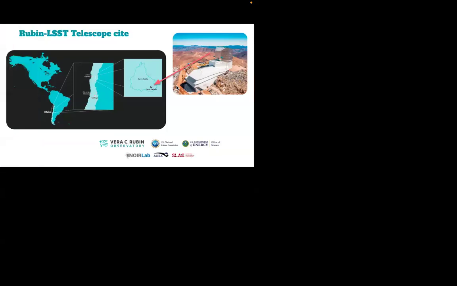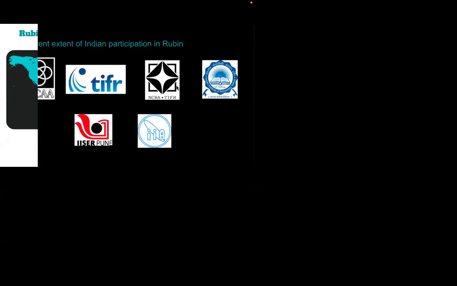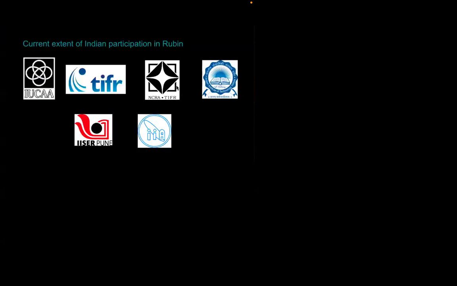So Rubin-LSST is, as I told, one of the biggest projects in optical astronomy. It will run for 10 years from now on. It started its observation in October 2024, and it is in Chile, on a mountain called Cerro Pachón. This is the image of the telescope, and here is the camera. The camera of this Rubin-LSST is the biggest camera that has been used